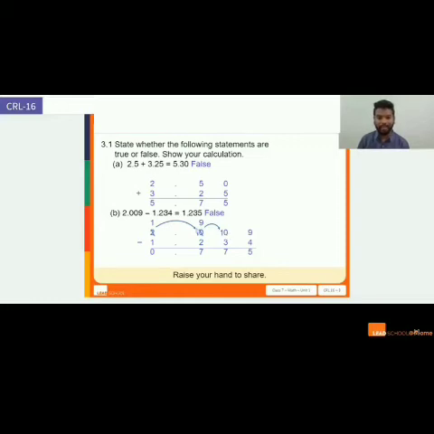So what I will do is I will borrow 1/10 from here and I'll convert it into 10 hundredths. So I'll have 10 minus 3, that is 7 hundredths. Now I have 0 here. So I will borrow 1 unit and then I'll convert it into 10 tenths. Alright. Because I already taken 1, that is 9 minus 2, 7. 1 minus 1, 0. That is 0.775, which is not equal to my statement mentioned here. So this also is a false statement.